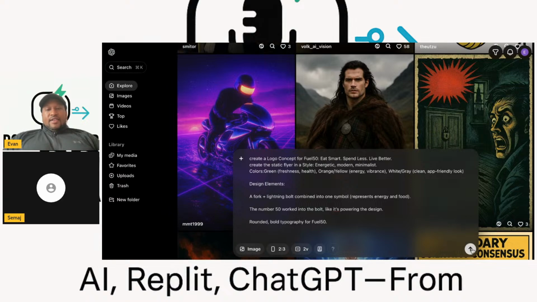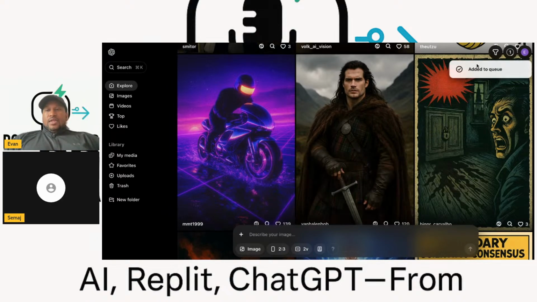Once I have that, I click it, and then it comes up. Sometimes it takes a little while. But these are all the different stages that we work on.